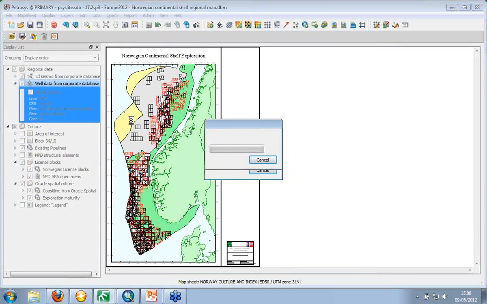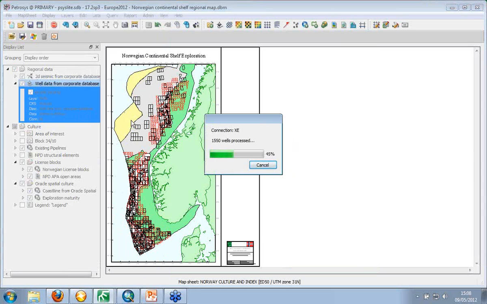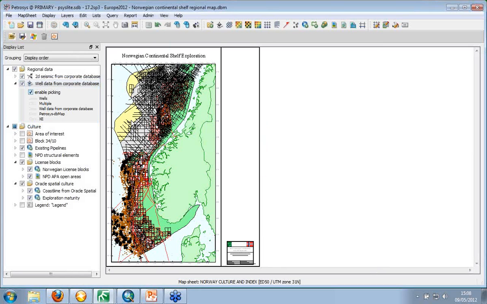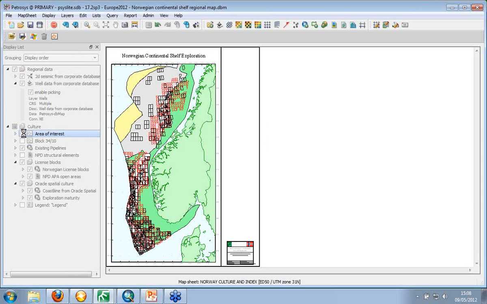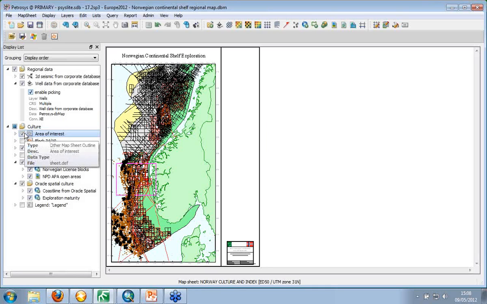So just to recap what we've done so far, we've built a regional map which includes all of the cultural, well and seismic data available to us. Next we need to interrogate this data so we can see what's available to us going forward. So from our workflow perspective, our initial reconnaissance led us to identify a potential area of interest, which is denoted on our map by this pink polygon. If I zoom into this area,